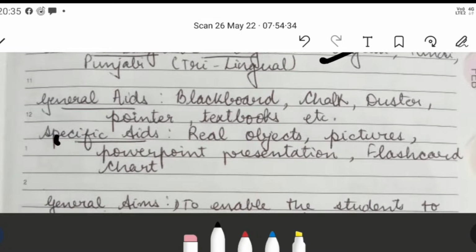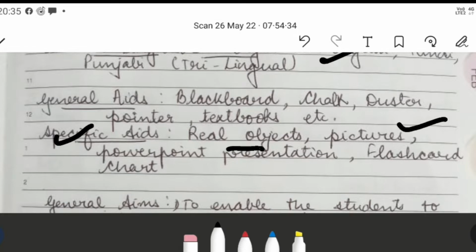ये जो स्पेसिफिक एड है वो आप किस अकॉर्डिंग करोगे, जो आपके टॉपिक है उसके रिलेटेड जो भी आपने चीज बनाई है या लेकर आए हो उसके अकॉर्डिंग हो। जैसे रियल एड आप लेके आए हो, जैसे अगर नाउन पढ़ाना है तो कोई भी होली बुक आप ले आए, राइट, या कोई भी मॉन्यूमेंट की पिक्चर है तो पिक्चर्स में आ जाएगा।